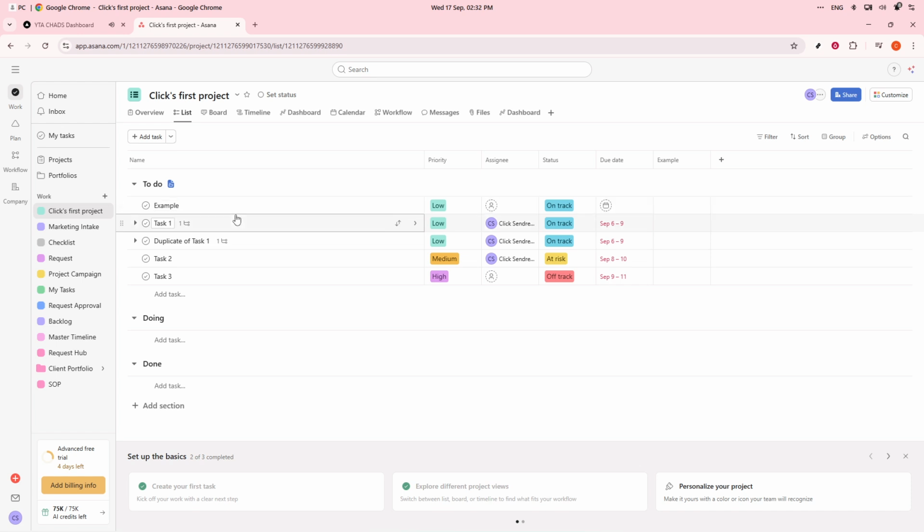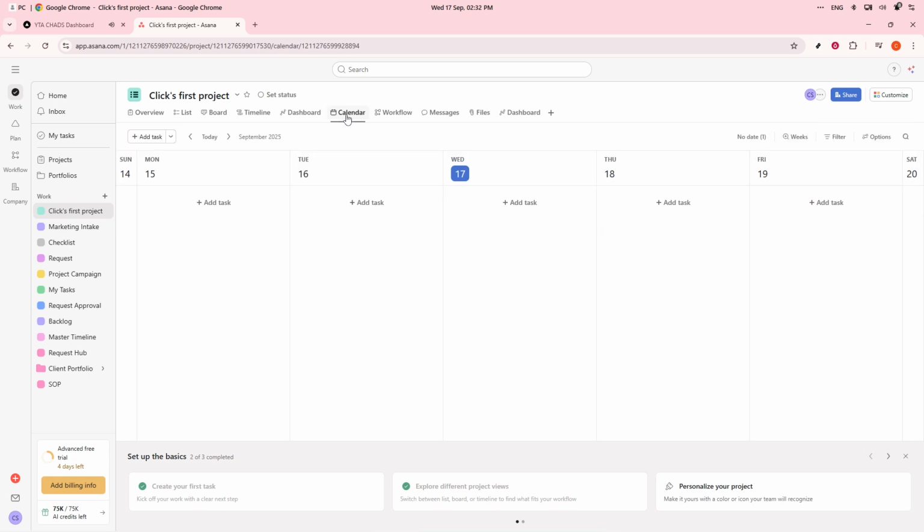Lastly, Calendar View gives you a perspective on upcoming deadlines, helping you visualize your tasks over time. Utilizing these different views can significantly enhance your productivity and task management. Collaboration is a breeze with Asana. You can add up to 10 teammates at no extra cost, and each task can be assigned to a single